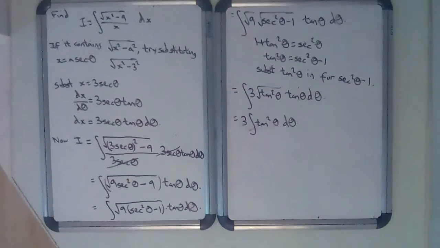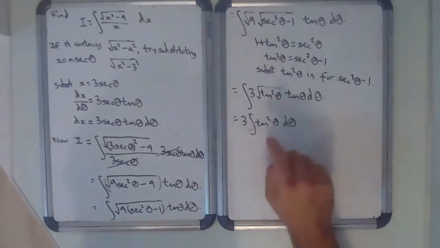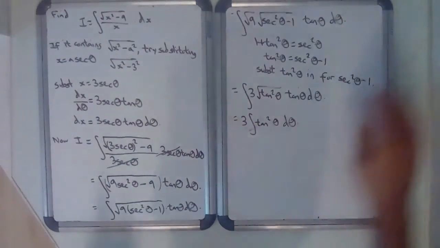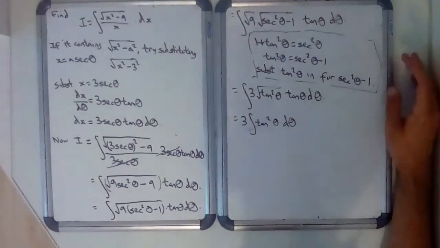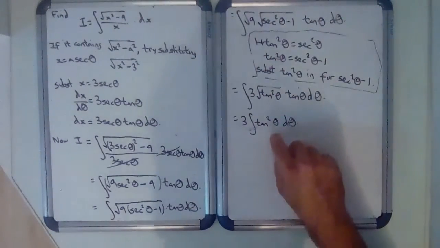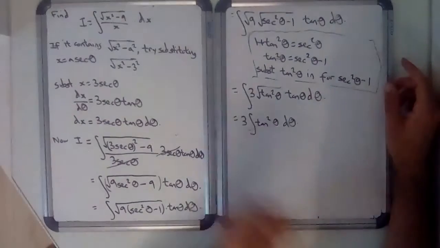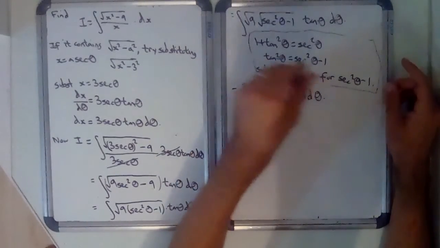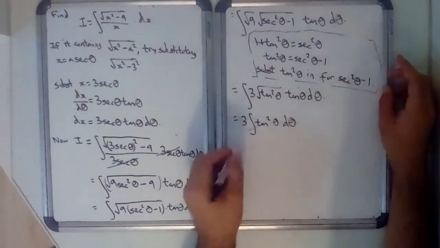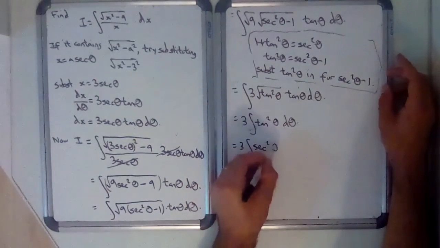But unfortunately, if you look in your formula book, it doesn't actually have a standard integral or a standard derivative that goes to tan squared theta. So what we're going to do is go back to this Pythagorean identity again, and get this in terms of sec squared, which I do know how to integrate because it's in the formula booklet as a standard derivative. So we know that tan squared theta is sec squared theta minus 1, so I'm going to put this in again. So equals 3 times the integral of sec squared theta minus 1